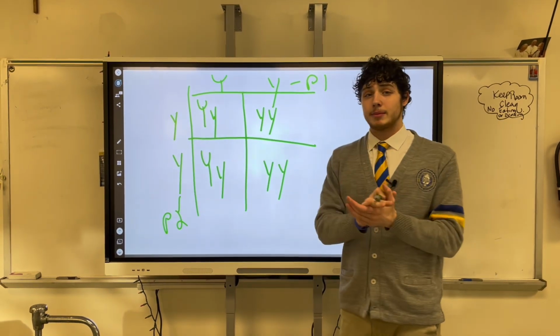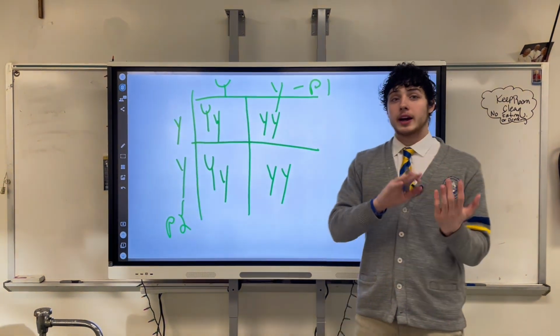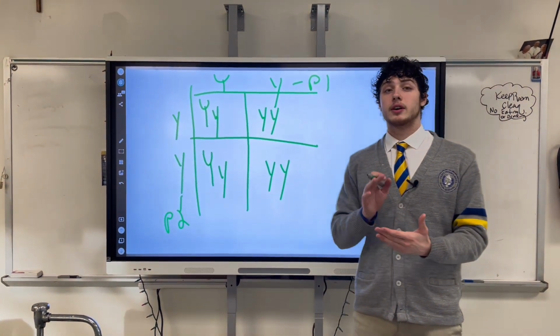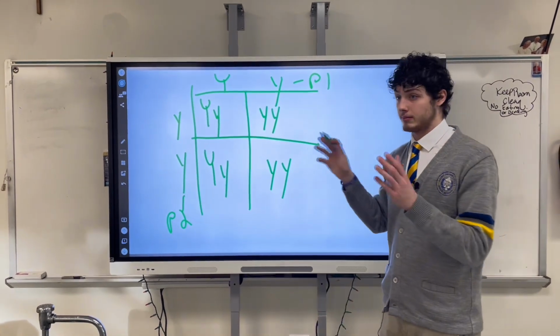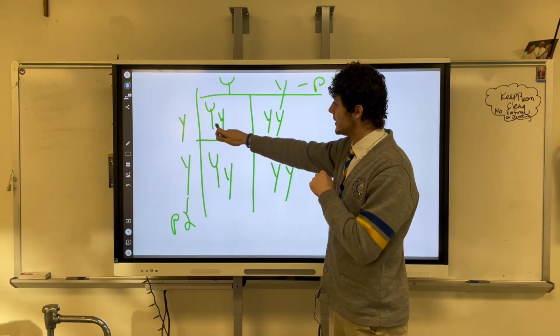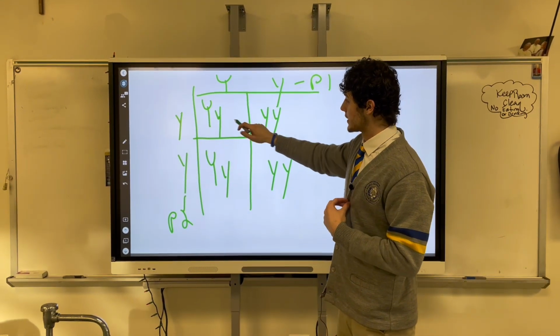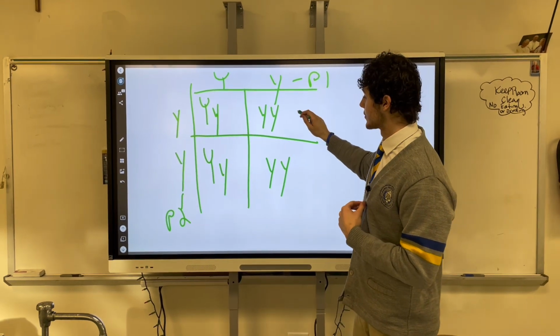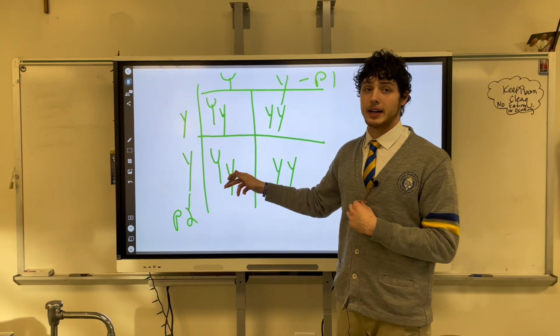So the dominant will always go first, right? If you have a dominant Y and a recessive y, the dominant Y is going in front of that recessive y, no matter how we slice it or dice it. So as you can see, we have one heterozygous dominant,